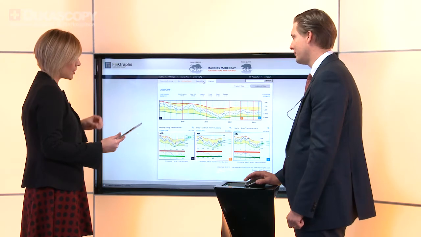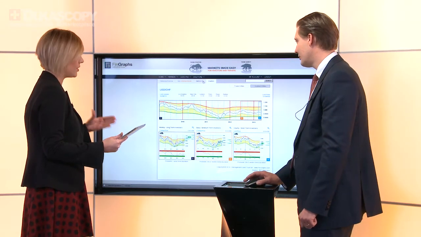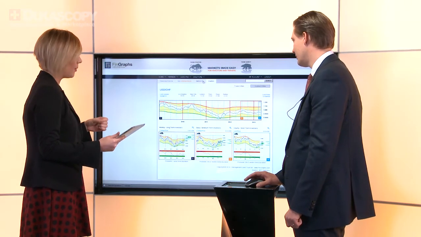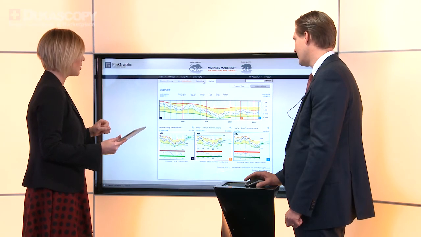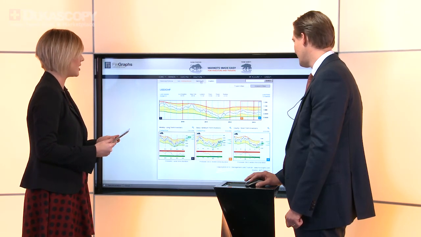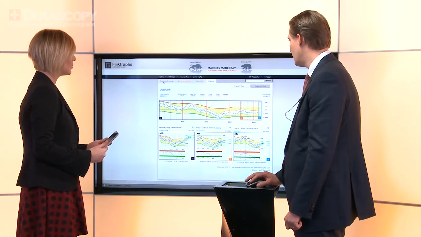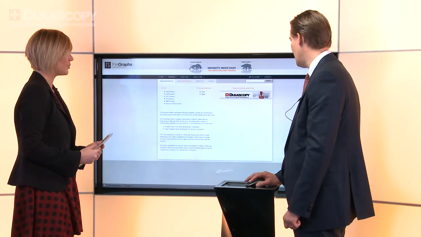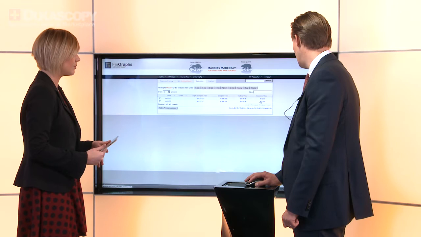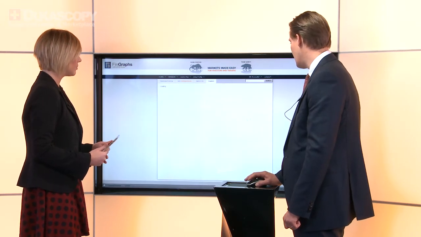Now I think next we're going to look at gold. It was obviously very topical, but it's been supported by physical buying after the dip in price last week. But can you talk us through what the charts are saying at the moment in terms of gold? Sure. So let's go back to the Dukascopy directory, into precious metals and into gold. And we have a look here at the investor's view.